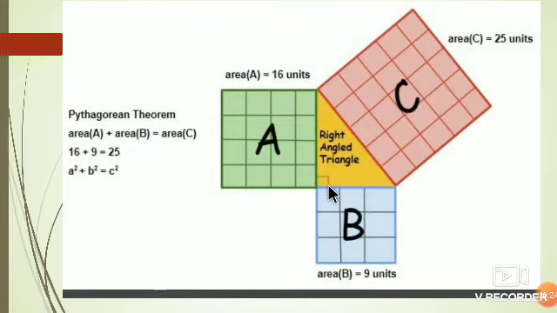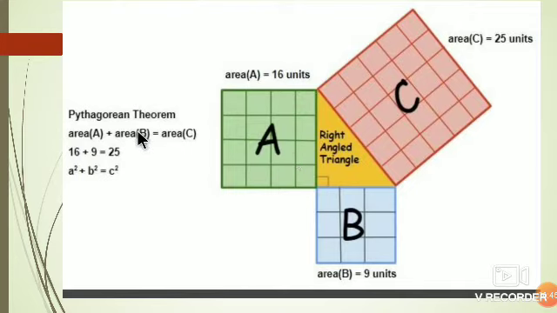Now the length of this base is 3 centimeter. So we can draw here the square with 3 centimeter each. And we can divide it into 1 centimeter small squares. We will get here 9 small squares. And here we will get the 16 small squares.